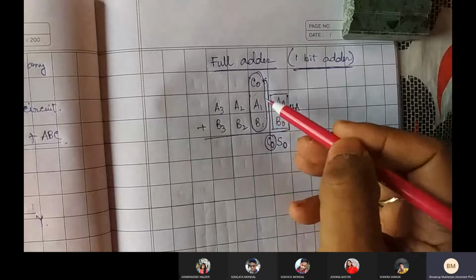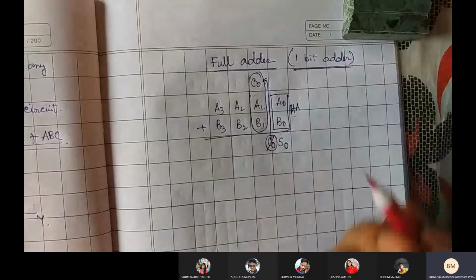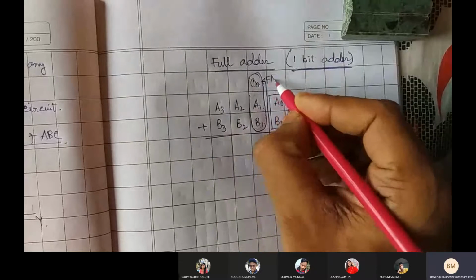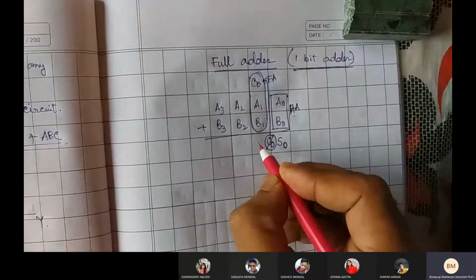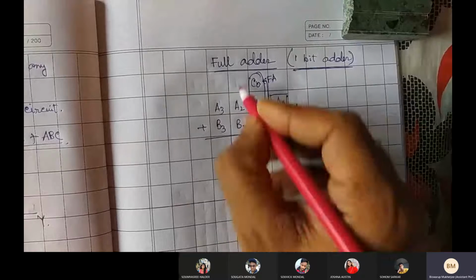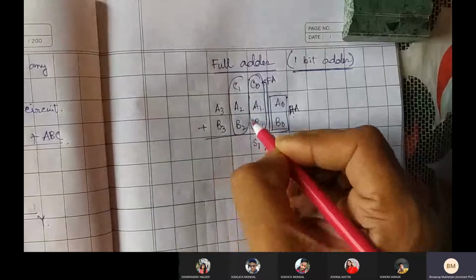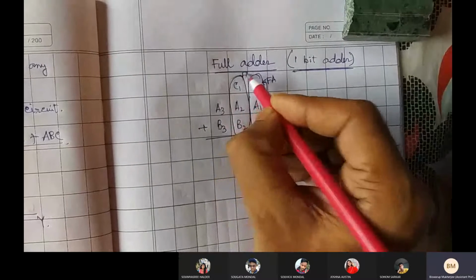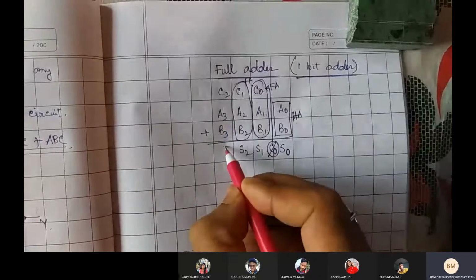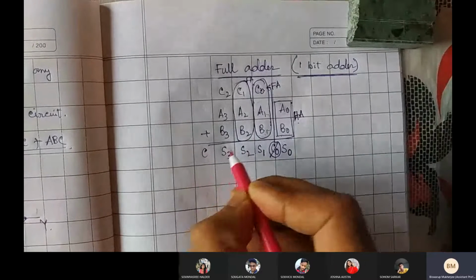But it can't be done by a simple half adder. এই half adder দিয়ে তো এটাকে করা যাবে না, right? So that is why you require something full adder, a full adder. So here also you'll be having one output, maybe S1 along with C1. So that C1 is again right over here, and again these 3 will be added with some full adder, and you can have S2 along with C2. So C2 will be added, so that will be providing you S3, and finally we'll be having C3, right?